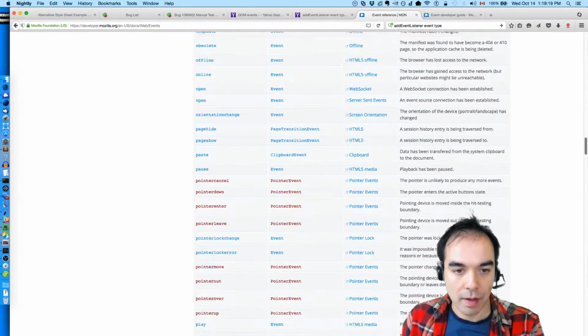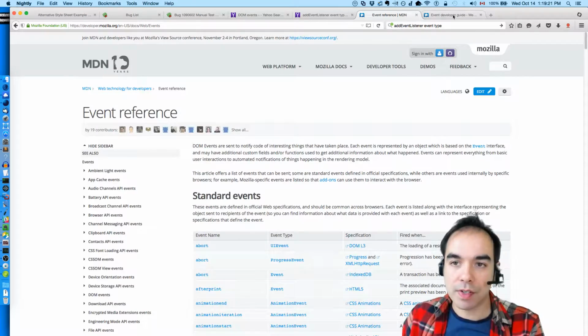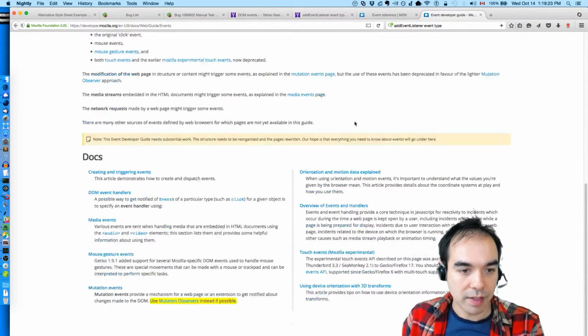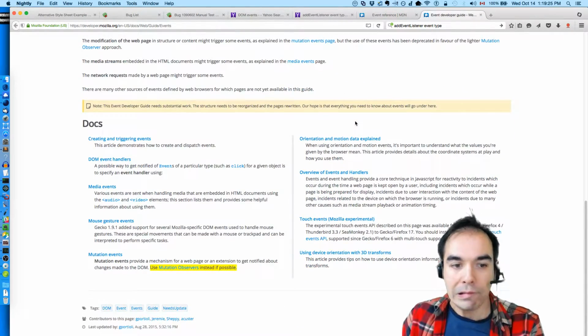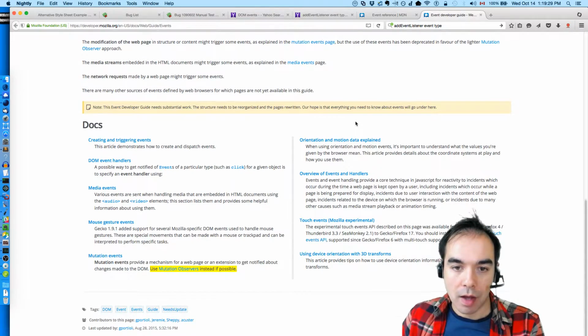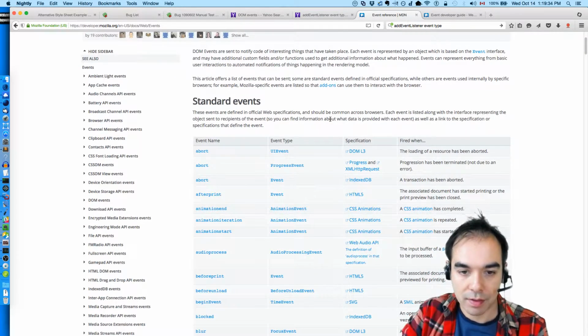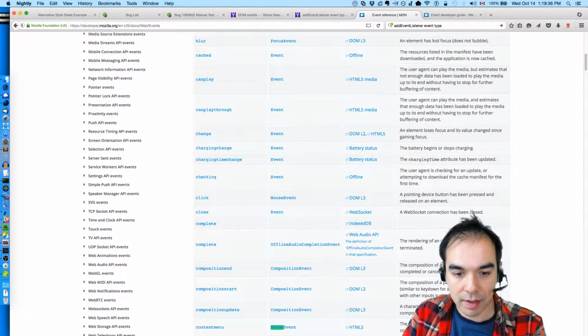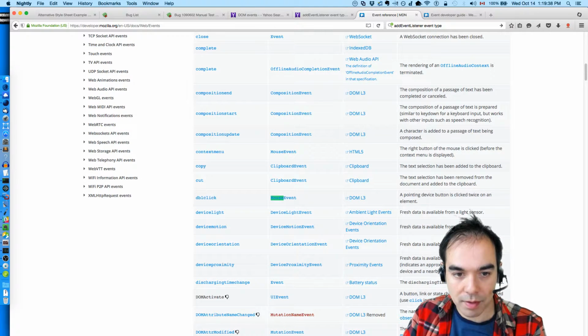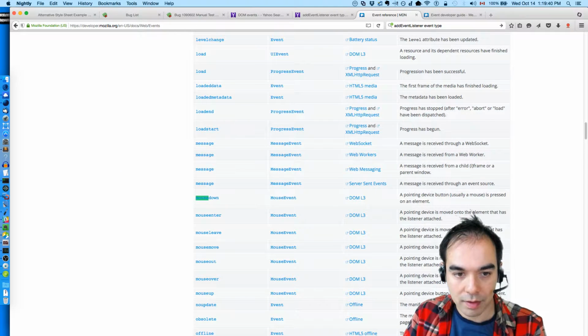Well, let's focus on a really small set. Let's focus on mouse events. So let's see. Mouse events would be click, context menu, double click, down.